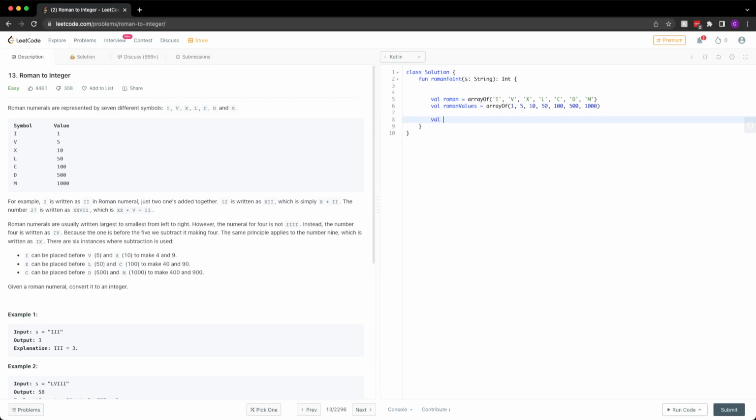string values equal array of, for now let's just instantiate it all with zeros. Or no, we don't know.